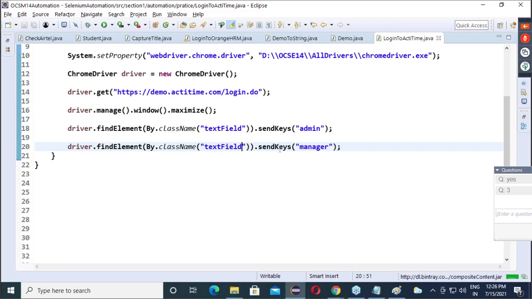Okay. And yesterday only I told you one part. Find element returns the first match. That's it. In a document, even though it matches 100 places, will it give all 100? It will give what? The first possible match. So if I run this, admin manager, everything goes on username only. See.